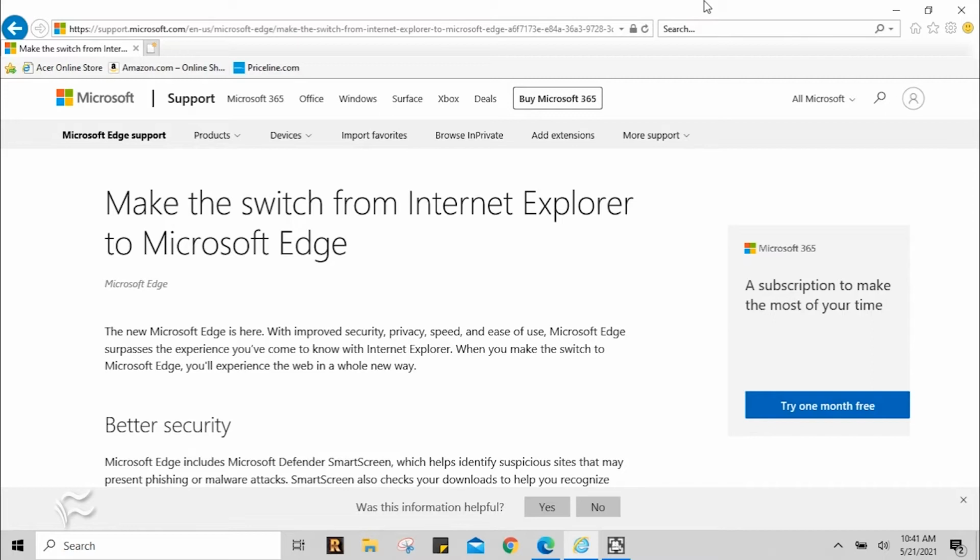Today I'm going to show you how to make the switch from Internet Explorer to Microsoft Edge. Microsoft just announced that the official end of life for Internet Explorer for most people is going to be June 15th of 2022. So you've got a little more than a year to decide to finally break up with IE,